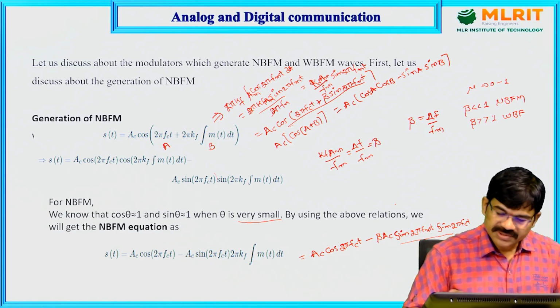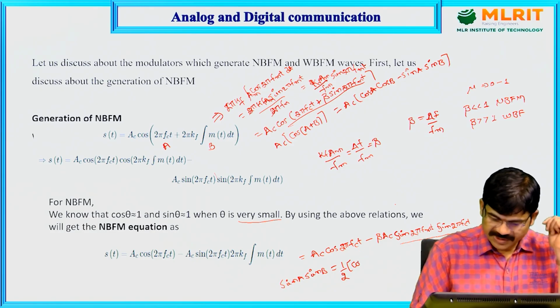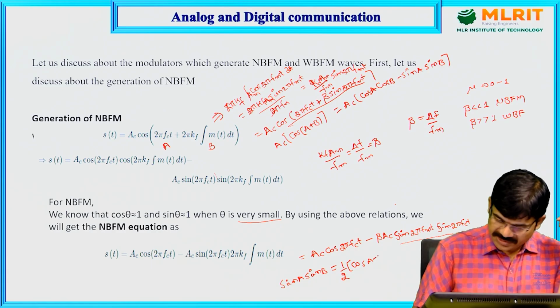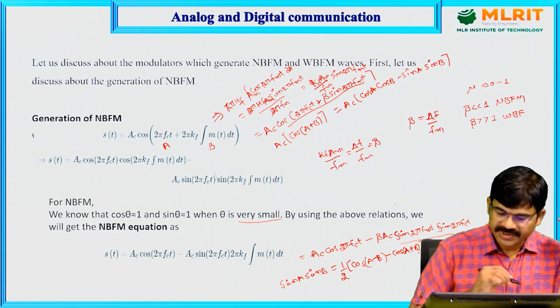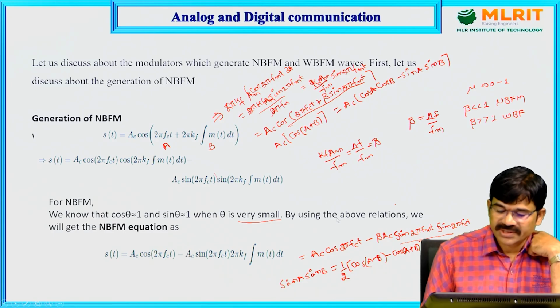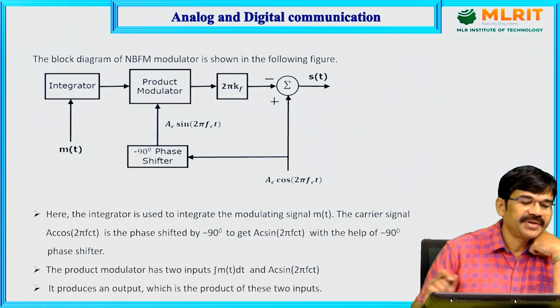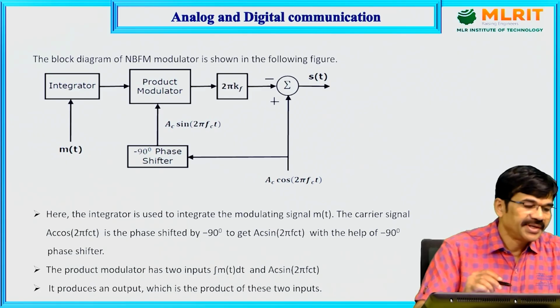Again this is in the form of sin A sin B, which is nothing but 1 by 2 cos A minus B minus cos A plus B. Again we are representing this in the form of 1 by 2 cos A minus B minus cos A plus B. Finally, the block diagram we are implementing for obtaining that expression is an integrator